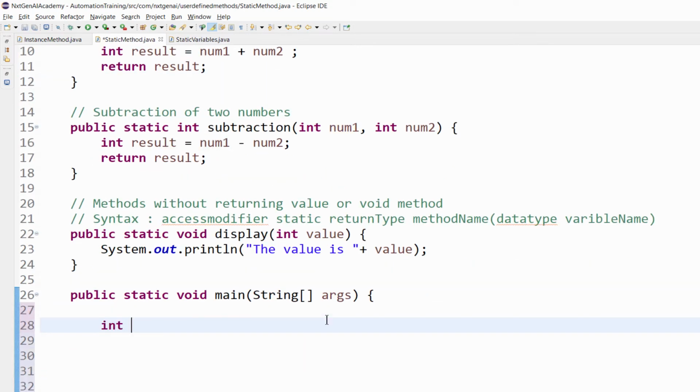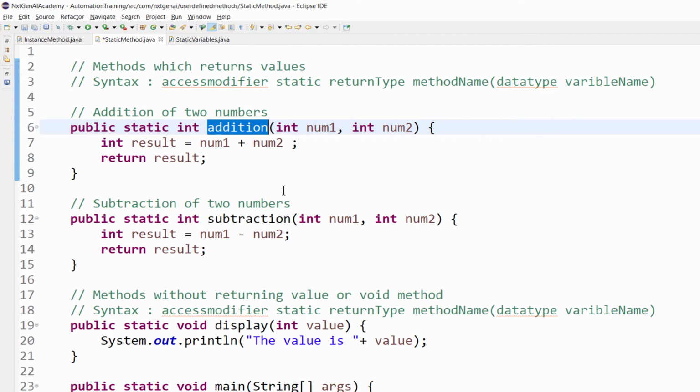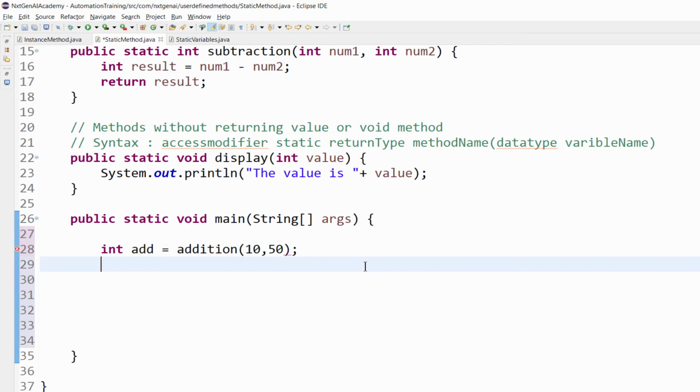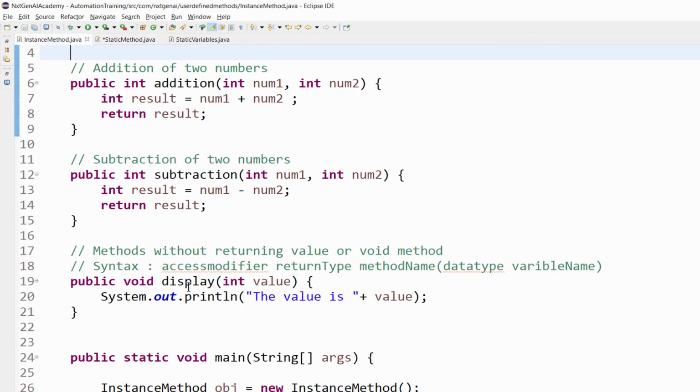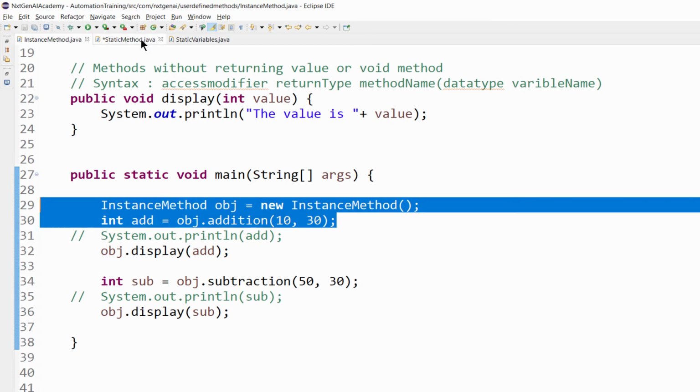As usual, let's save it to a variable: add equal to the method name addition, first number, second number, semicolon. Unlike the instance method, we didn't create any object.